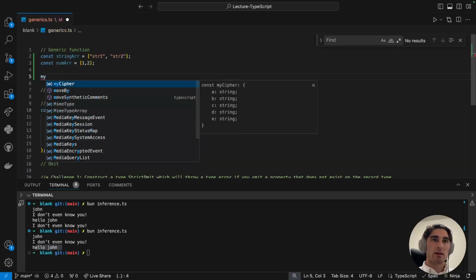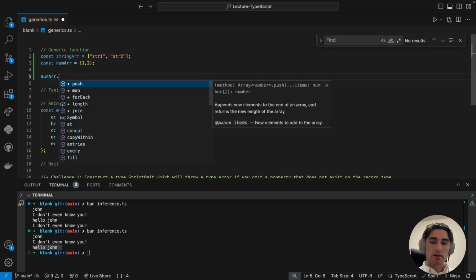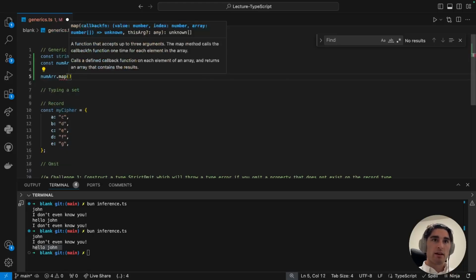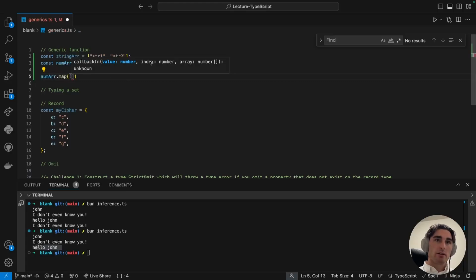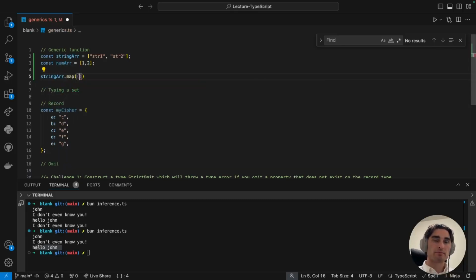We can say numArr.map, and in here the value is a number, but when you say stringArr.map,